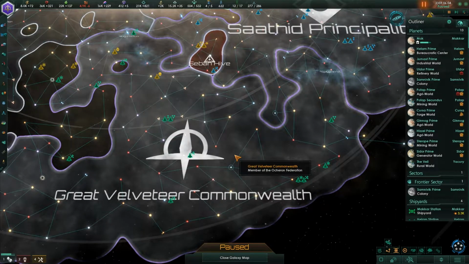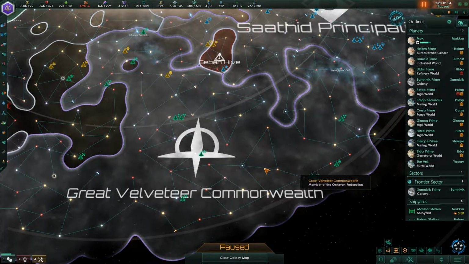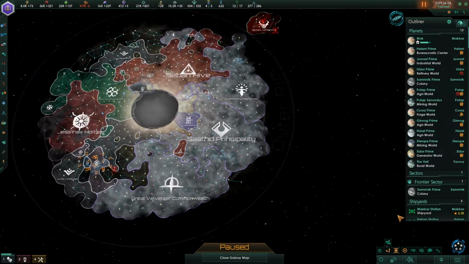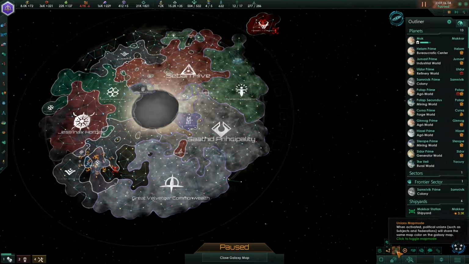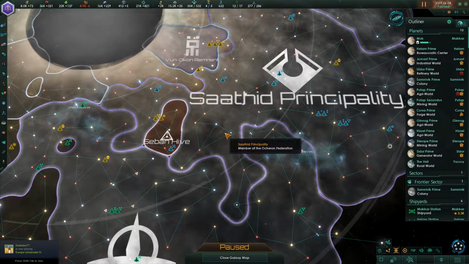Trade. What is it? How does it work? How do you generate it? What can you use it for? And how does it have an effect if you are in a trade league? So let's have a quick look